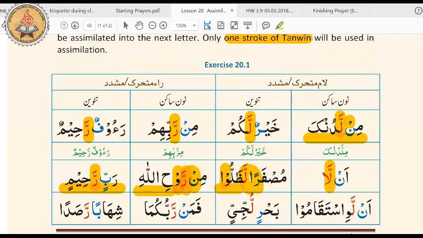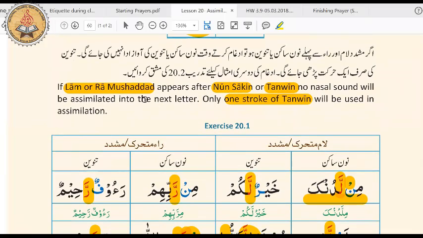So for example, if a lam or ra mushaddad, you have to remember that there are only two letters. One is lam and the second is ra. But the important thing is that either of these two can appear, but they must have a shadda on top of it. Shadda is that W-like sign here that I'm circling around. You know what shadda is, right? Yes. So if a normal lam or a ra